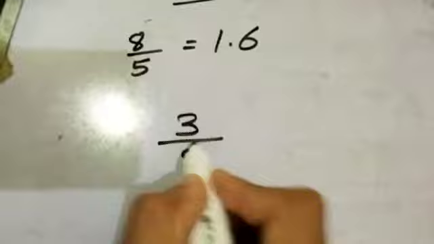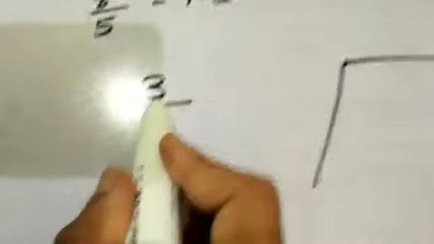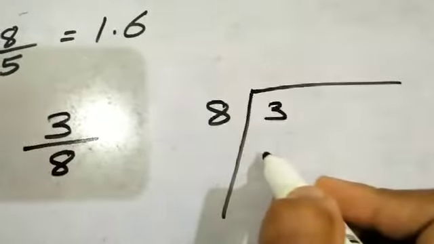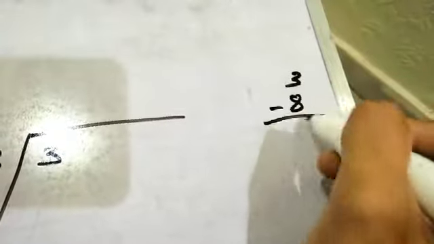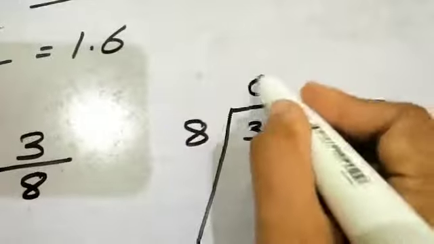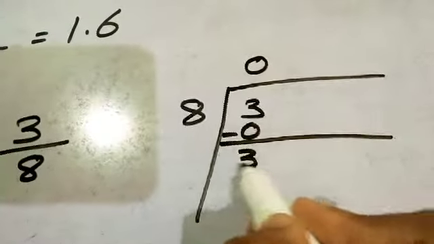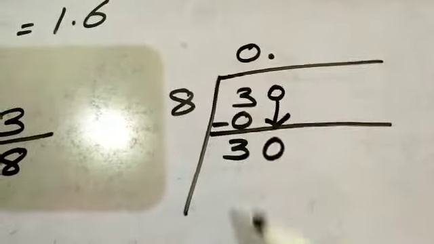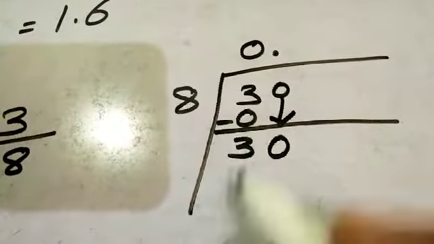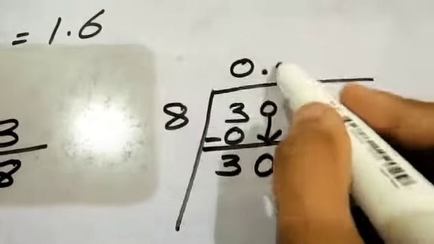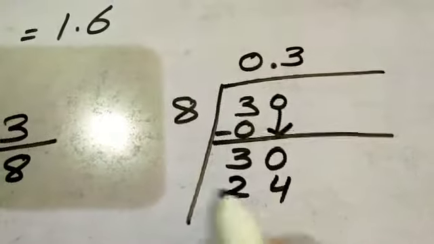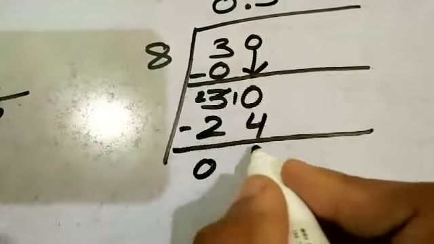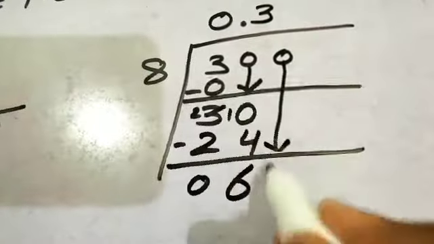3 over 8. The numerator is smaller than the denominator, but you have to put 3 inside the hut. 8 one time 8 is not possible because 3 minus 8 is not possible. So 8 0 times, 0, minus 3. Put the decimal. Now you can use 0 for solving the question. 30. 8 4 times 32 is a bigger one. So 8 3 times 24. 0 minus 4 is not possible. Borrow from this. 2 minus 2 is 0, 10 minus 4 is 6. Write down the next number.